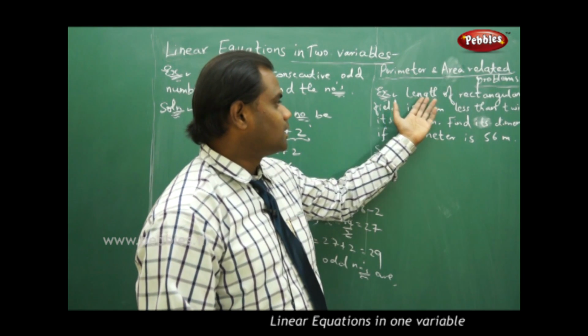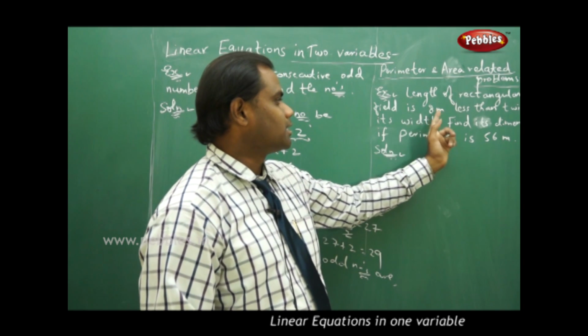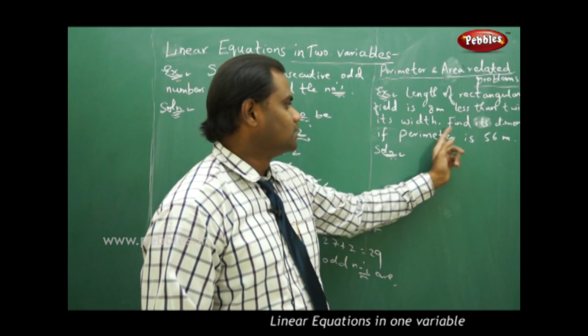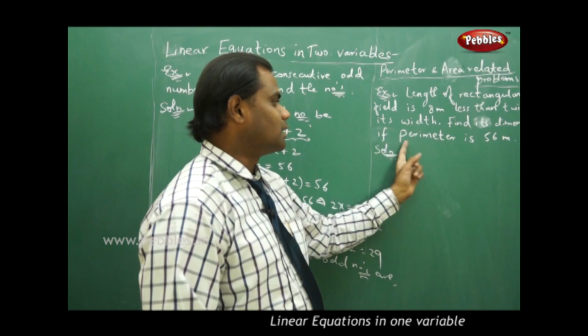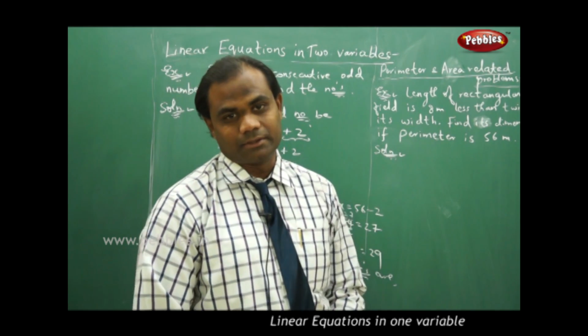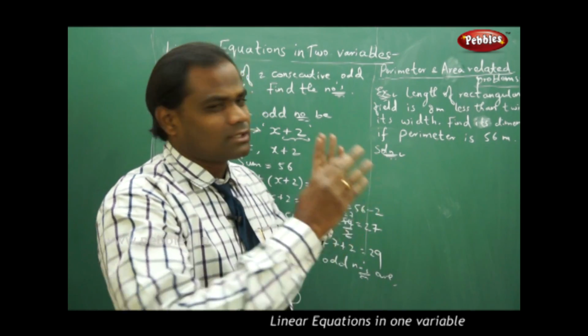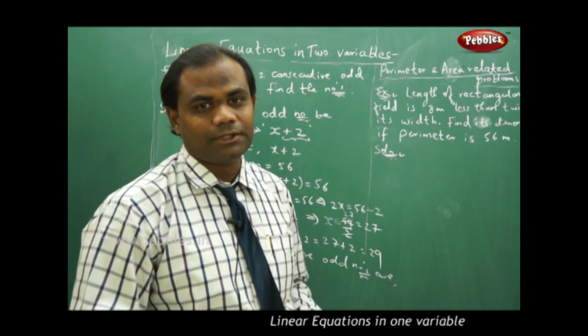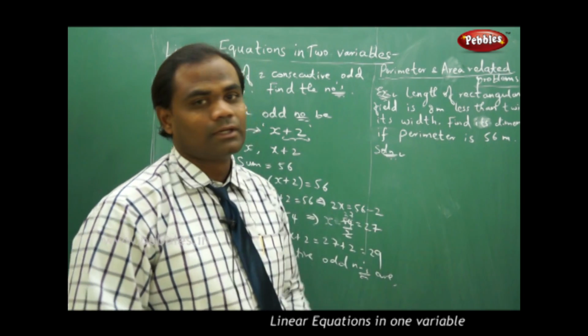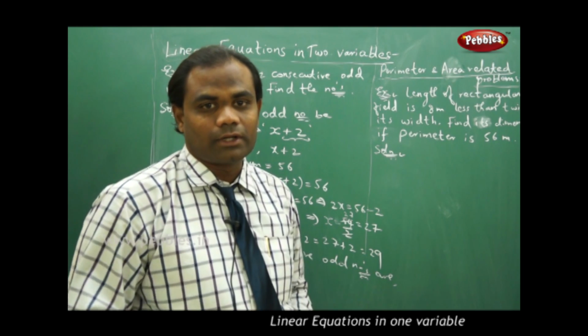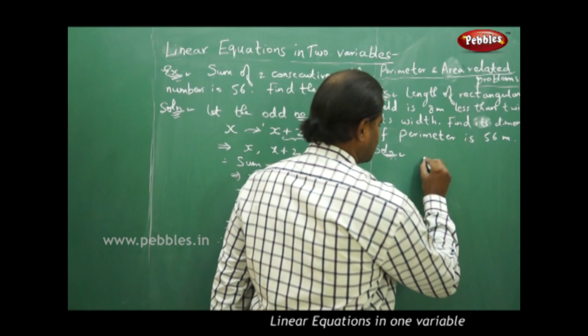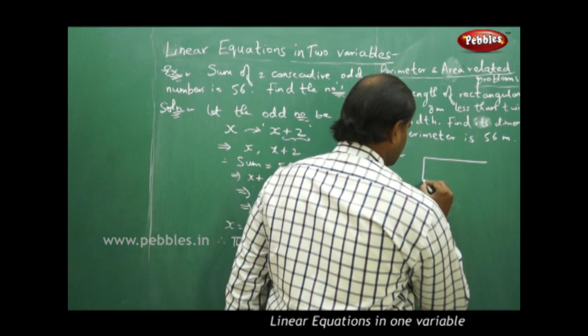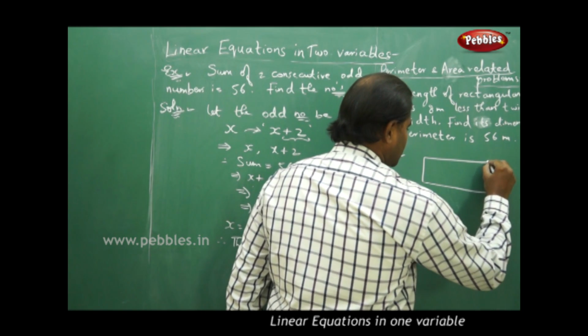Now, it is given that the length of a rectangular field is 8 meters less than twice its width, and we have to find the dimensions given that the perimeter is 56 meters. So let's try to convert this into the mathematical equations. But initially, because it is a rectangular field, let's draw a rectangle. We all know what a rectangle is. So if this is assumed to be the rectangular field,